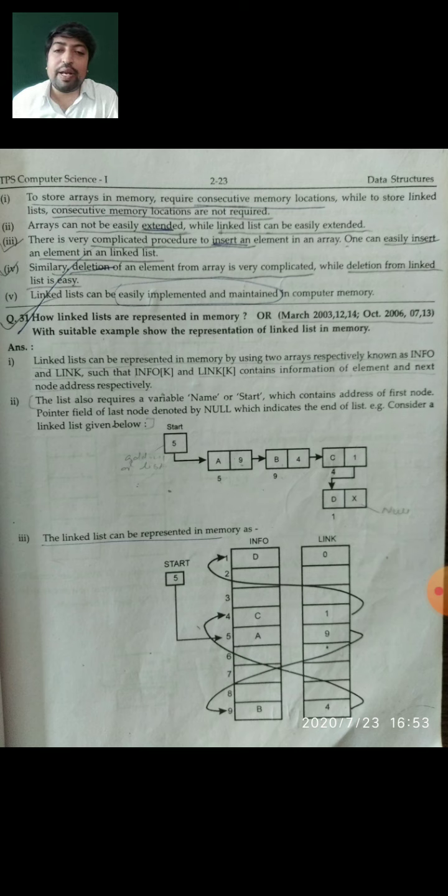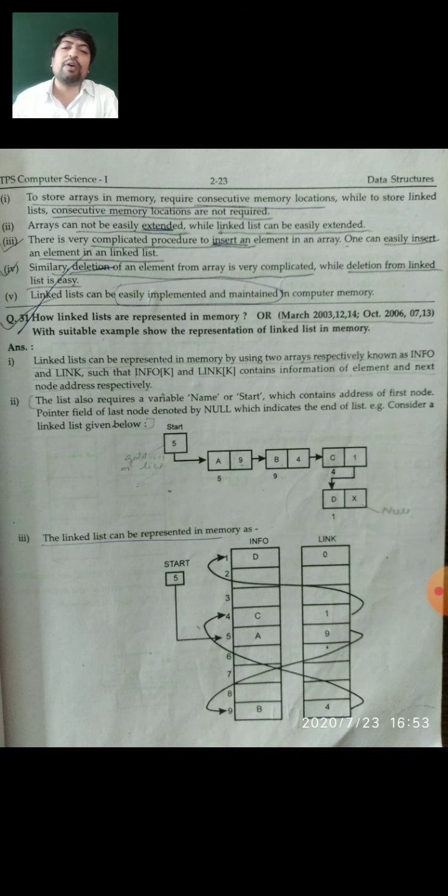Linked list can be represented in a memory by using two arrays respectively known as info and link, such that info of k and link of k contain the information of the element and the next node address respectively.